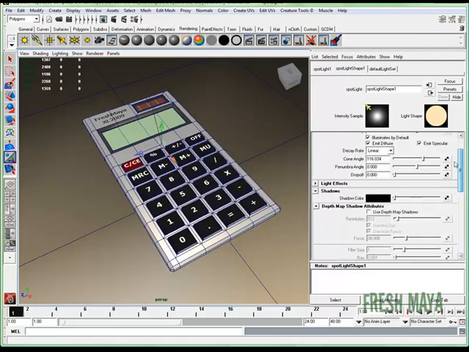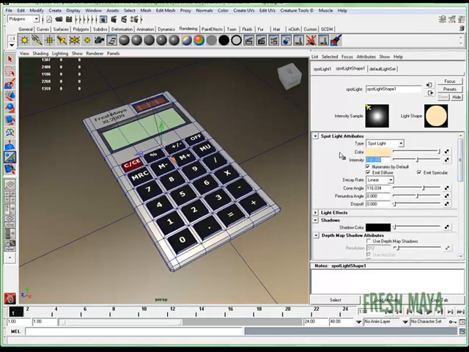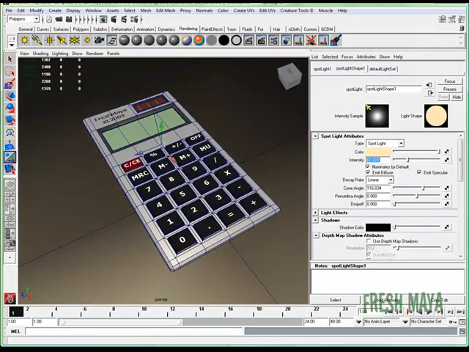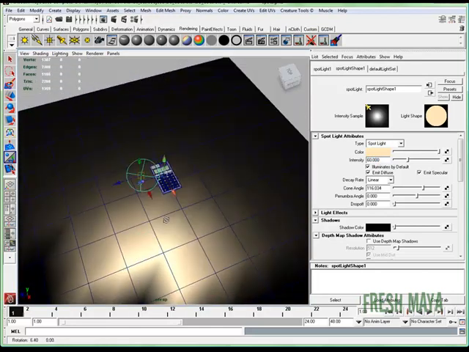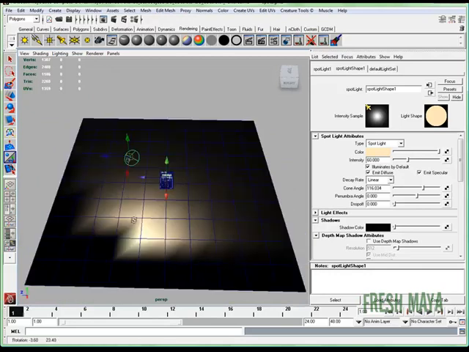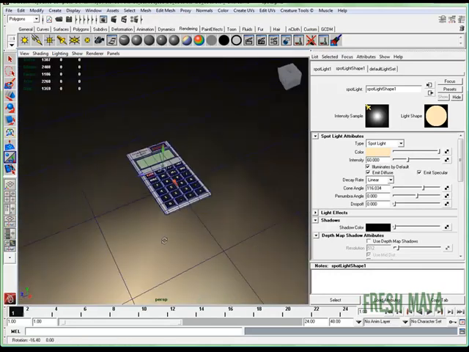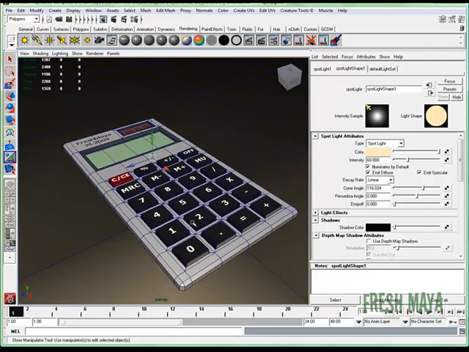Let's go to our light attributes, the intensity, maybe 60. That's probably good. Zoom back out, just kind of look at it. I like that. So we knocked our light